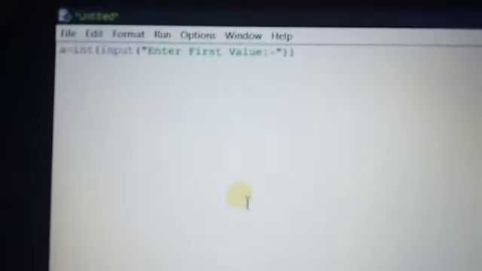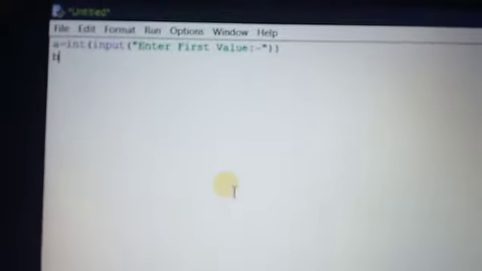Whatever we typed at first here, we start with a equals int. Int is a function, and inside int we type the input function, and enter the first value. Then we use int.